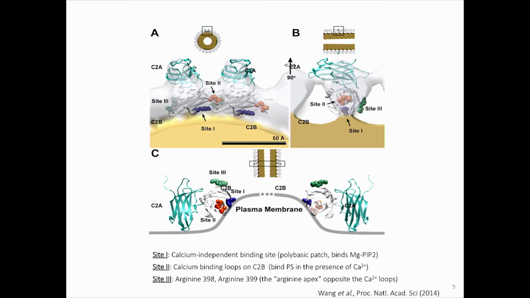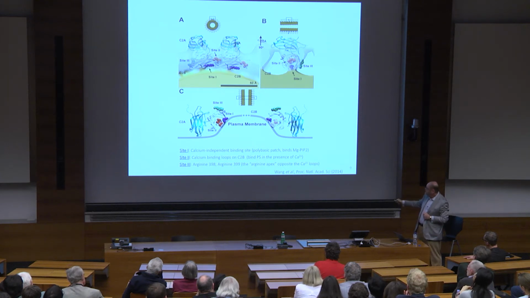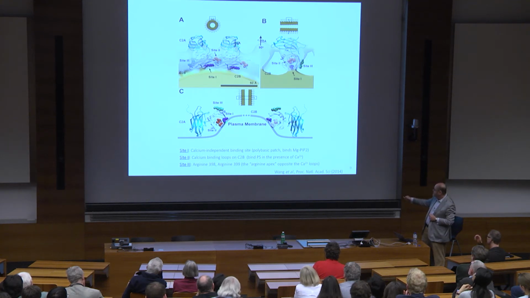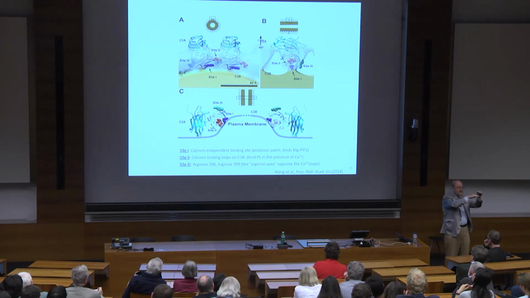And what we find is the B domain is up against the membrane. So this is the tubule. This is a cross-section of the tubule. So this would represent one ring. Each of these bumps would represent a B domain. And indeed, we find the B domain up against the membrane. The polybasic region in blue is right up against the membrane. And here's another one and another one. And when we look from the side, it's interesting that the inner aspect of the ring is where the polybasic region is. So that's the region that will bind the acidic phospholipids. And now you can see why the membrane is puckered and sucked up in this fashion.